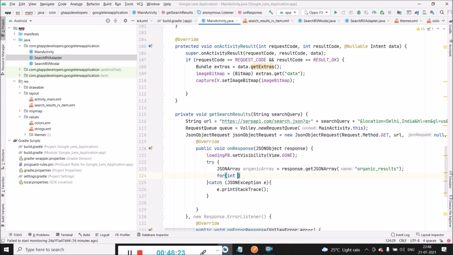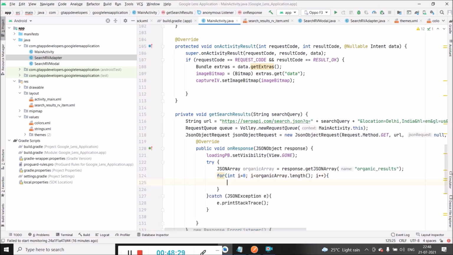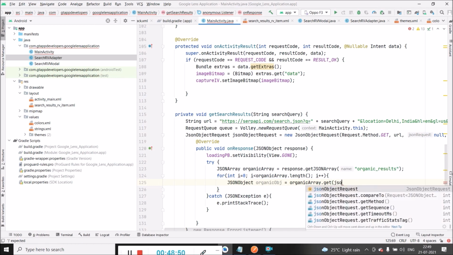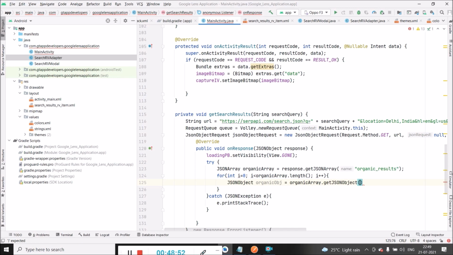After that we have to run a for loop, and inside this we will firstly get an organic JSON object, that is organic object, get JSON object, and here we will pass the index.